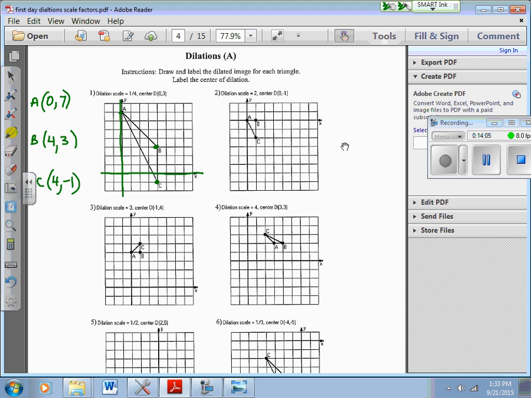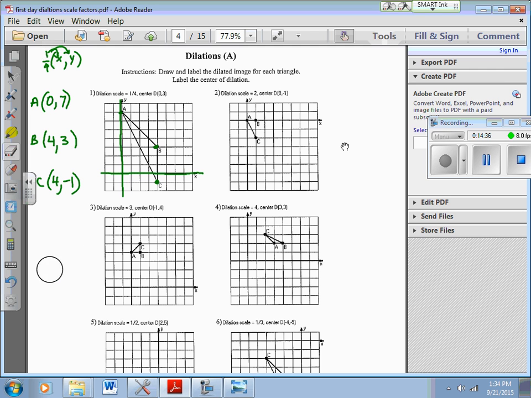Okay. Now when we multiply that by the scale factor of 1/4, just keep in mind 1/4 multiplied by the x, and then 1/4 multiplied by the y. So we're going to do this to each coordinate. So everybody, if you guys have trouble with multiplying by fractions, just remember the rules of adding and